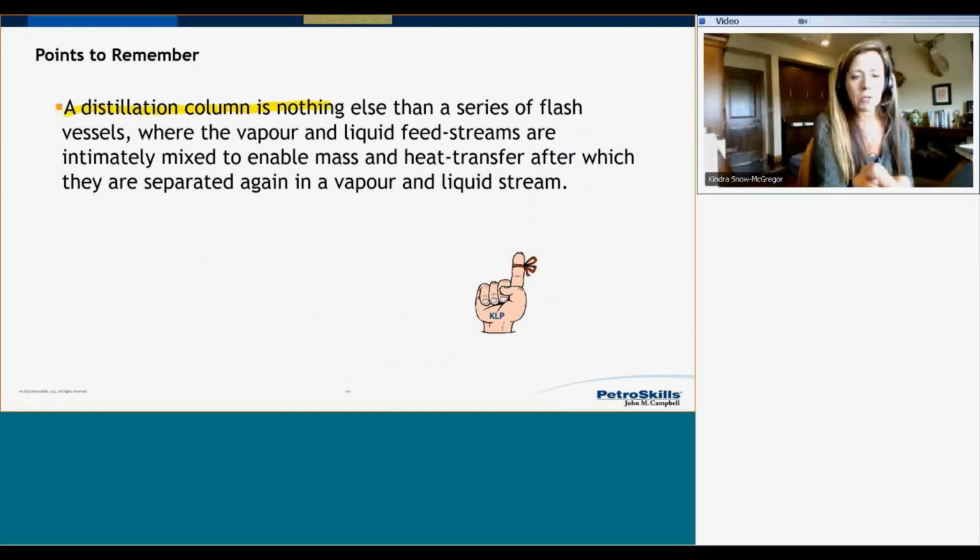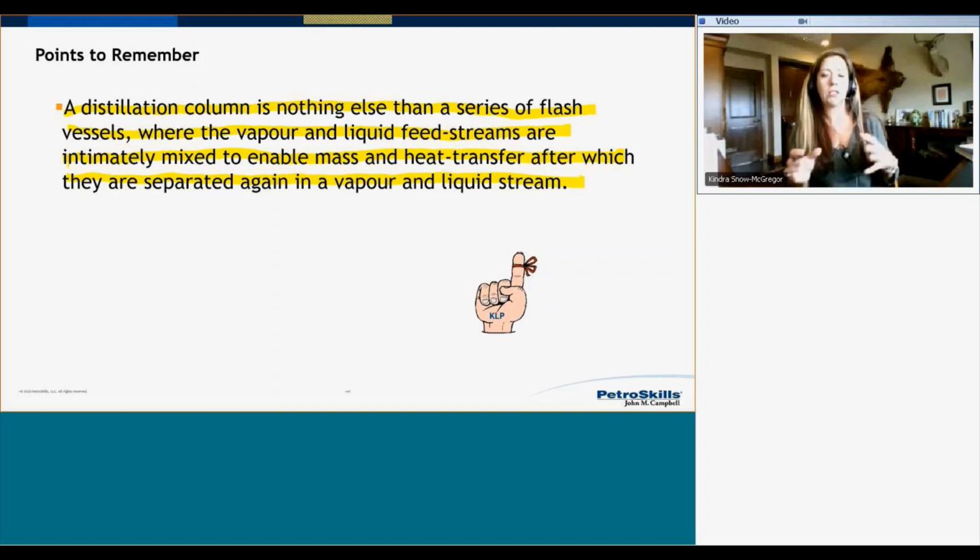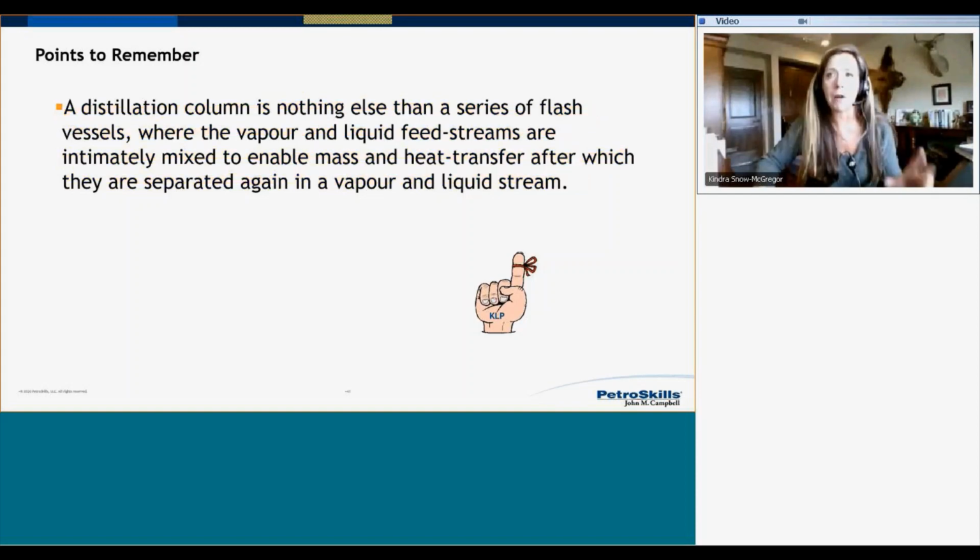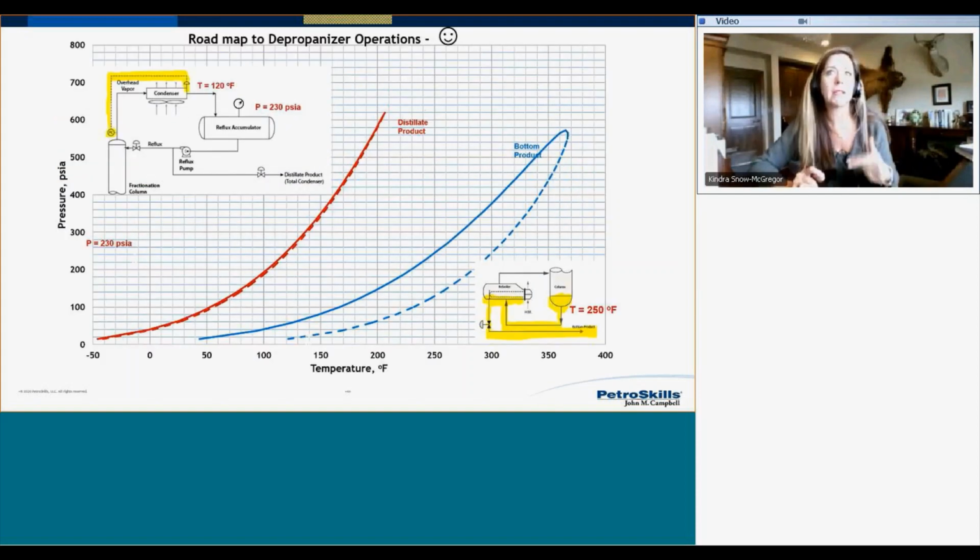Essentially, a distillation column is nothing else than a series of flash vessels where the vapor and liquid feed streams are intimately mixed to enable mass and heat transfer, after which they are again separated into a vapor and liquid stream. So when I take it down to the very fundamentals, my fractionation columns are actually quite simple operations. Let's take a look now at our phase behavior, because remember I said that was the key to